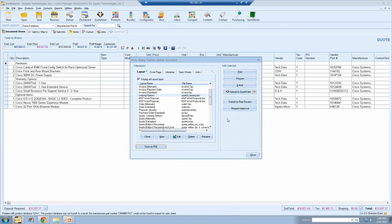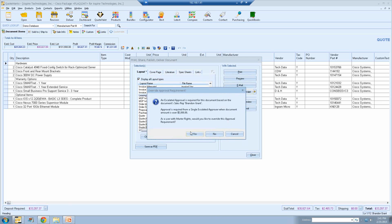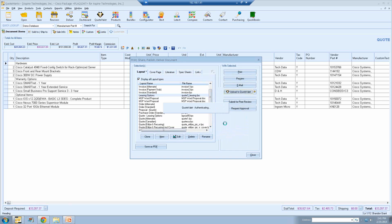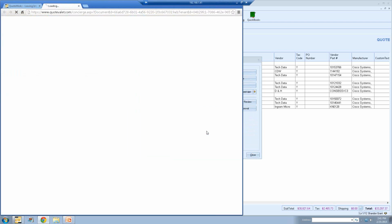For Quote Valet users, once you've selected your leasing option, we can then choose Upload to Quote Valet. We'll go ahead and we'll save it. And then we'll click Upload. And then we can preview it. And when we preview it, we'll actually be able to see